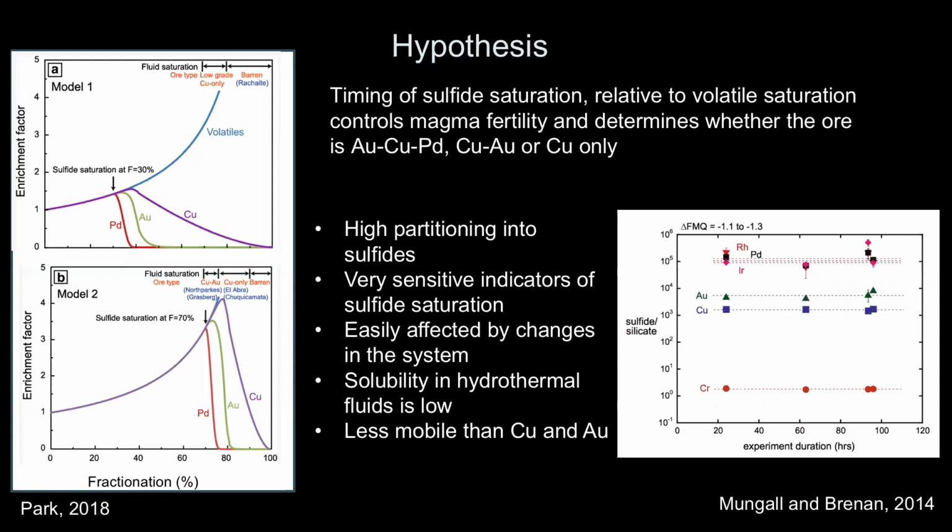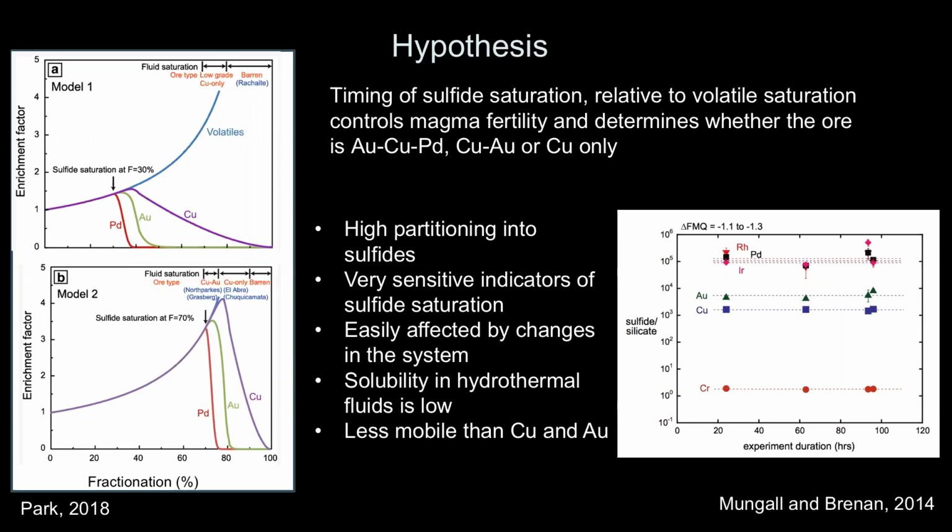So to find the timing of sulfide saturation, I am actually using the geochemistry of PGEs, mostly because of their high partitioning into sulfides, which makes them very sensitive indicators of sulfide saturation. They are also easily affected by changes in the system, and their solubility in hydrothermal fluids is low. So it means that they are less mobile than copper and gold, and their concentration in rocks reflects magmatic rather